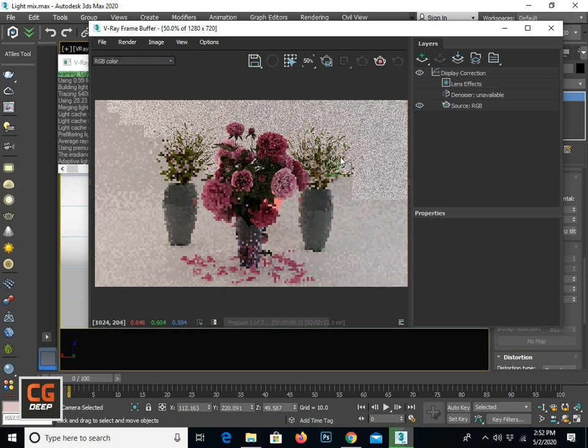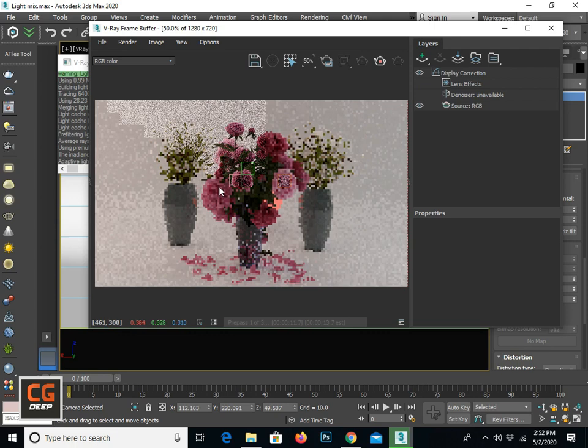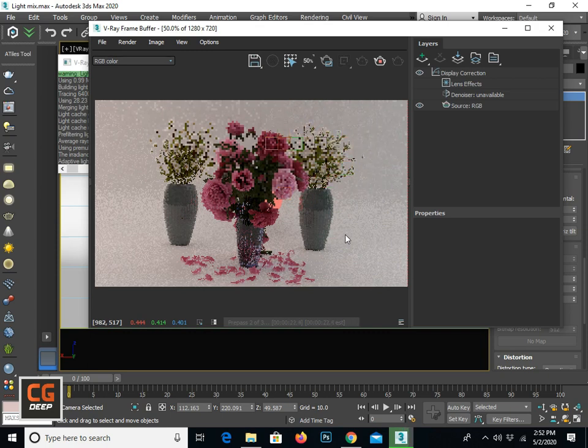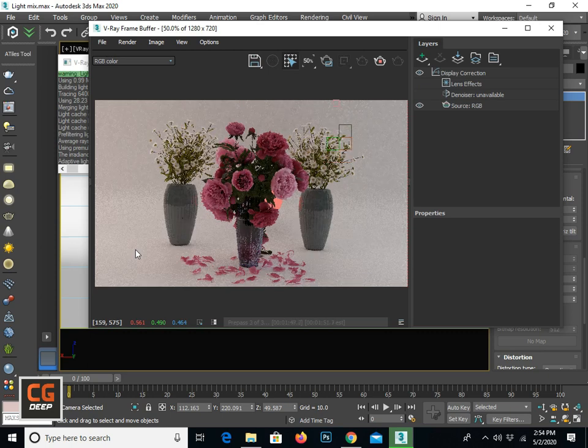So it has come into V-Ray. Now you can see our render comes to the render image.